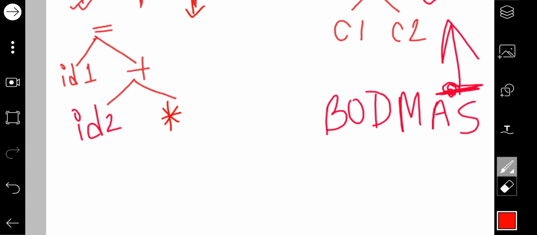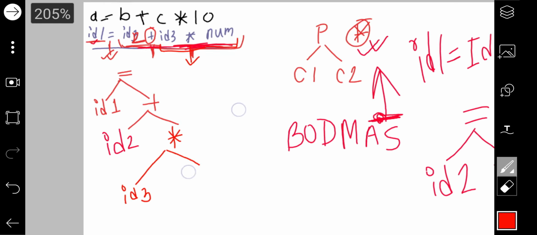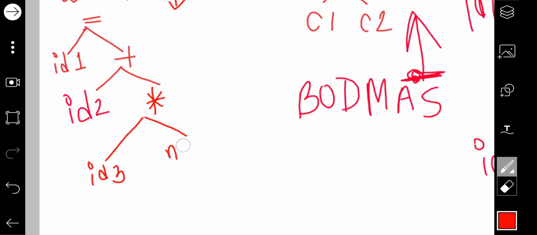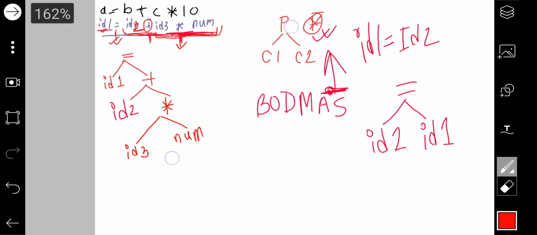Then multiplication will have two children, ID3 and the number. Okay, so this is the actual bottom up approach.